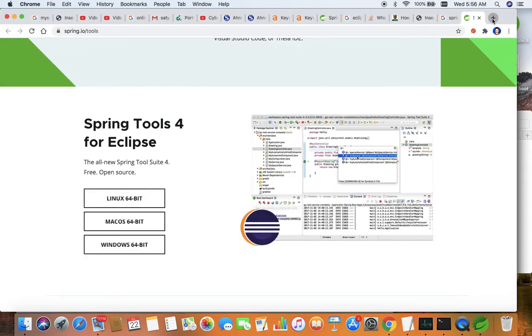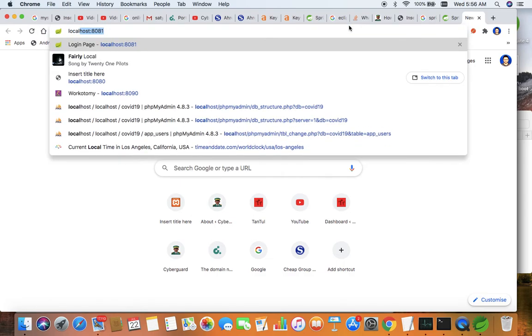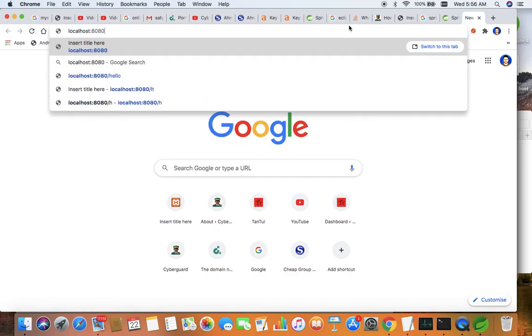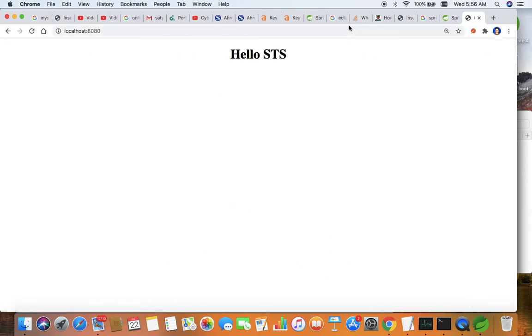So I will go to this browser and write here localhost:8080. So here is the output we got from the Hello application, or the first Spring Boot application from STS.